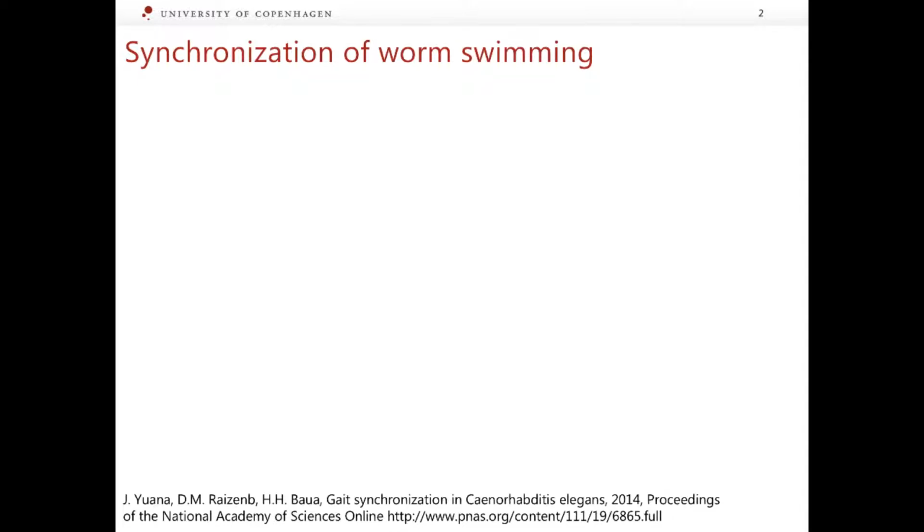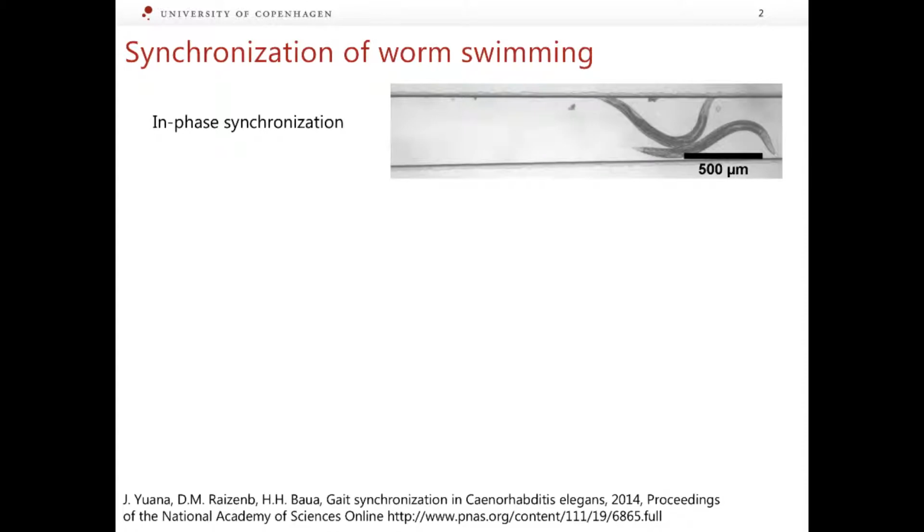Consider tiny 1 mm long worms called C. elegans swimming in water. These worms swim by wiggling their bodies in a rhythmic oscillatory way with a certain frequency. Of course, all worms are slightly different, most obviously in length and in thickness, and their natural frequencies of wigglings are slightly different too. But when two worms are swimming very close to each other, they feel each other's presence